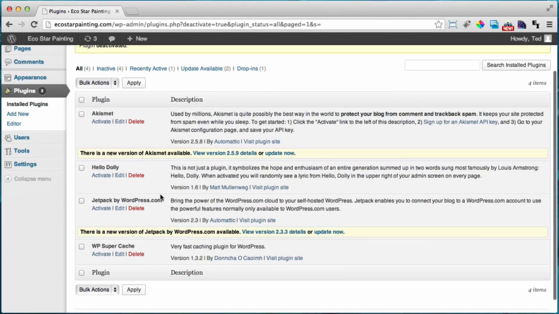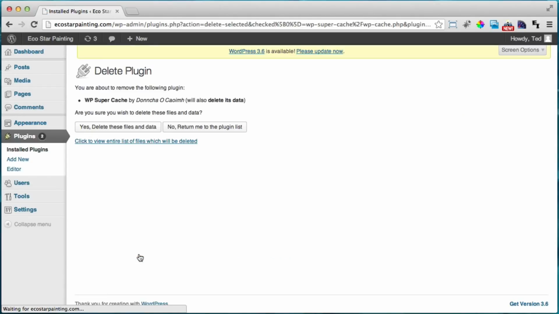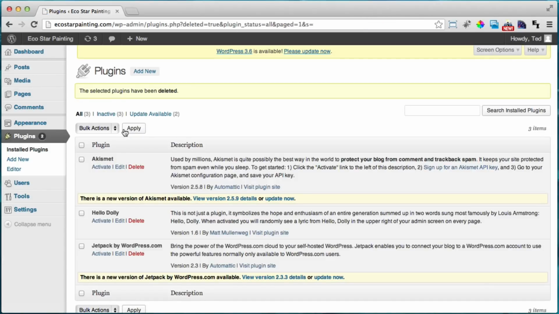And then go one step further and press delete. So if you're not seeing updates on your website, then you need to delete caching. And you can press yes, delete these files and data. All right, so now that we have WP Super Cache gone,